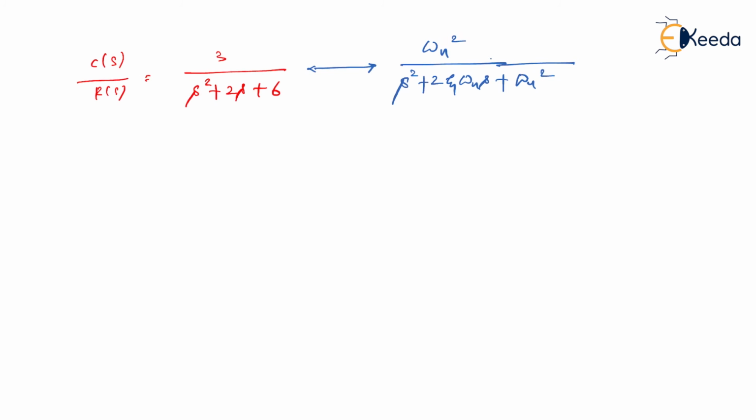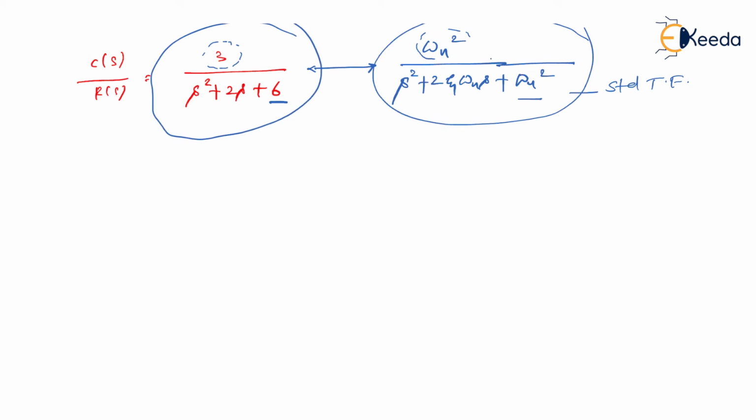But now the real confusion begins here, because from the denominator if you compare, omega n square equal to 6, and from the numerator if you see, omega n square equal to 3. So confusion begins which omega n square to be taken into consideration. So let me tell you very clearly. Even though the expression over here is nothing but a standard transfer function, the actual transfer function that we have may not be in standard form. May not be in standard form means the numerator may not match with omega n square.